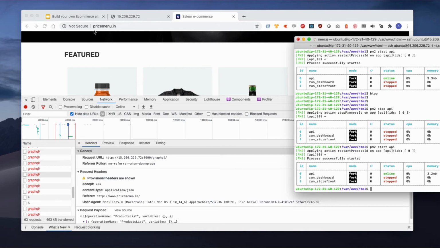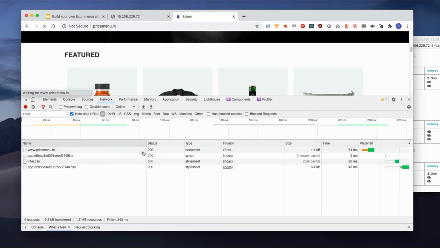Now I have started my server and it should work fine.